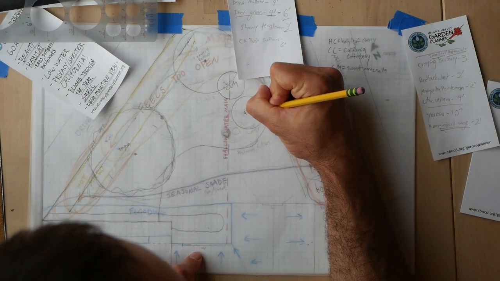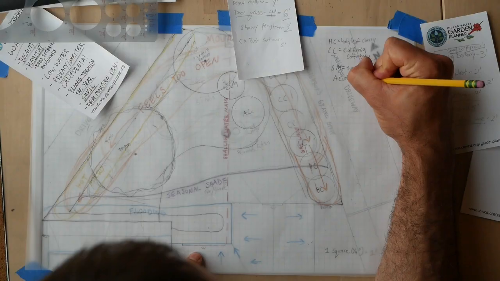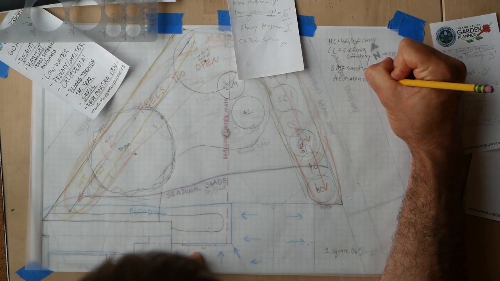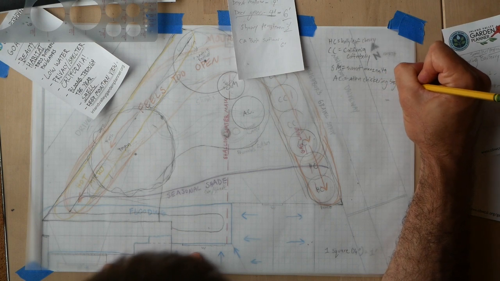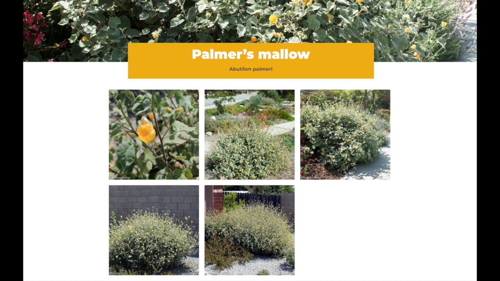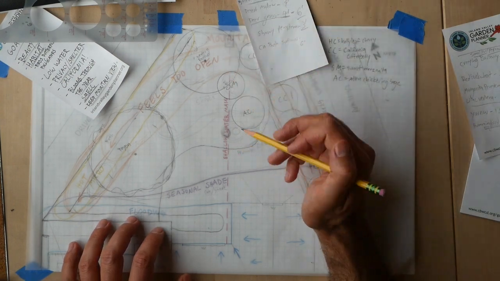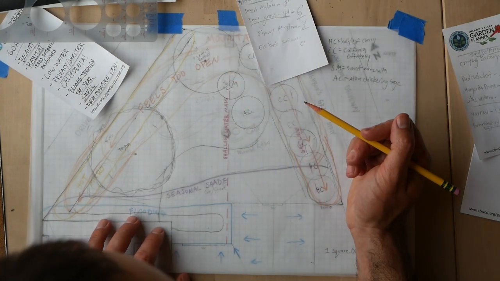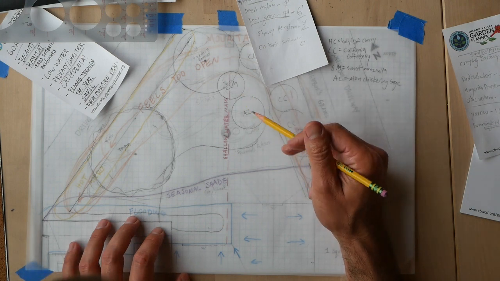We have our Allen Chickering sage, we'll call it AC, Allen Chickering sage that has a lighter leaf. And so if we are going to do our Palmer's mallow, we probably don't want to do it right next to our Allen Chickering sage. There is a little bit of a difference in the look, but the contrast tends to be nicer contrasted with darker